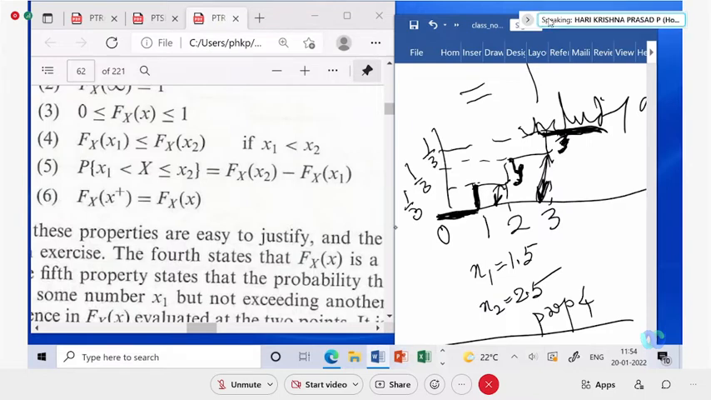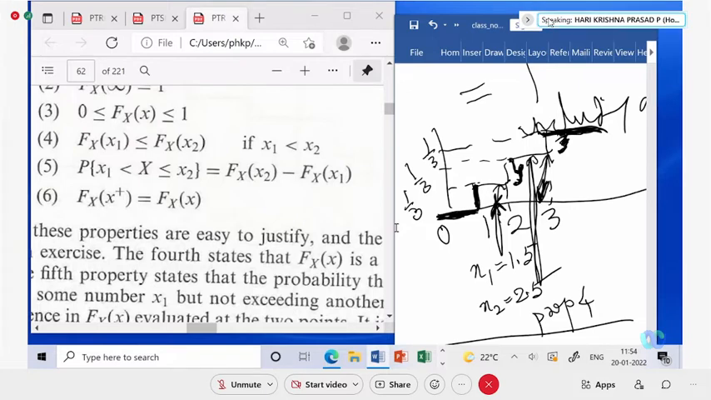So from property 4, if x1 is on the lower side of x2, then the value of the distribution function will be on the lower side of the value of the distribution function for x2. See, where is my x1? Here is x1. Where is x2? 2.5 here. Now you see the values of the distribution function. The value of the distribution function is on the higher side for the higher limit. Is it okay? Then the fifth property is,